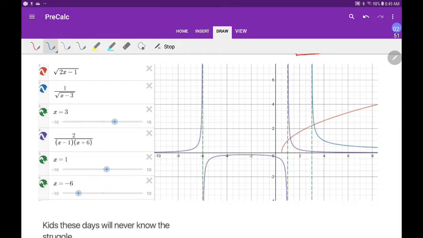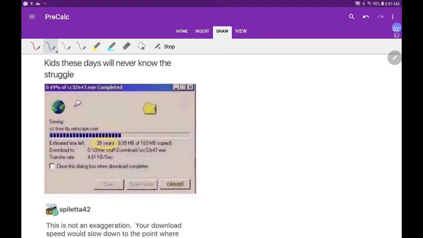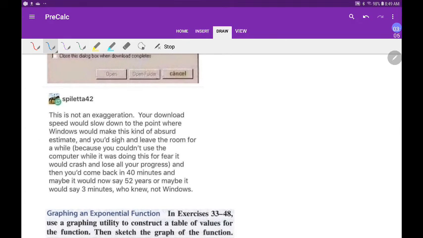I put all 3 graphs on the same graph, on the same coordinates. And then hopefully our internet doesn't do this. This was a real thing. He says this is not an exaggeration. Go away for a while, come back, see what it said. So